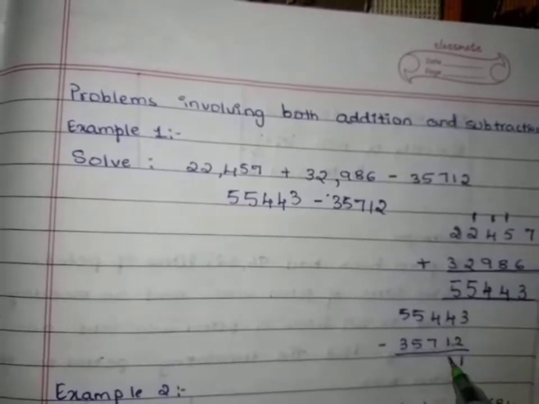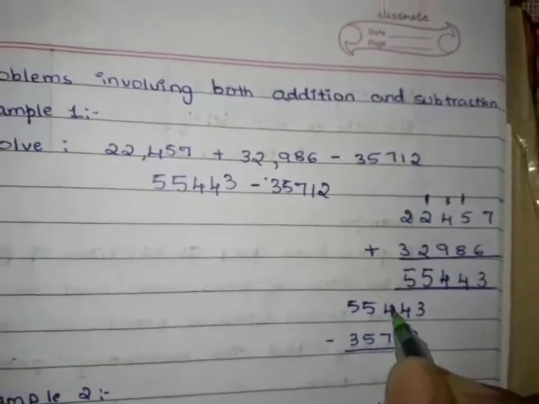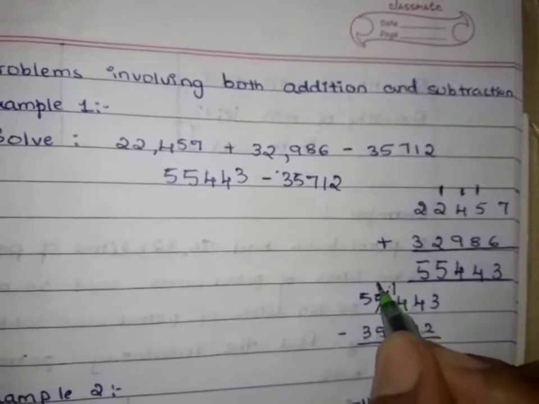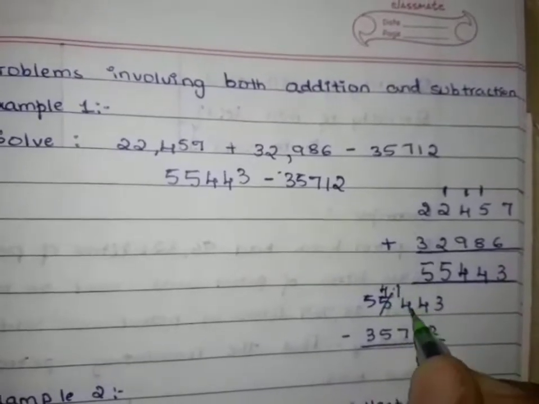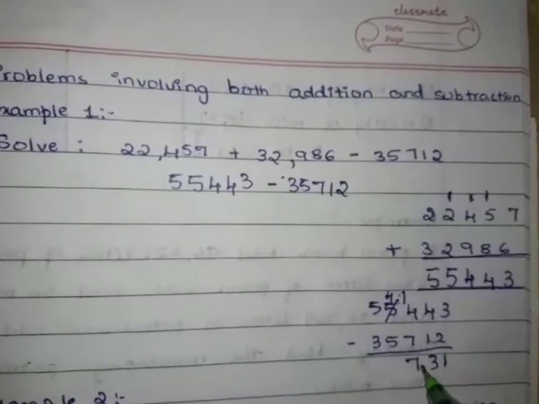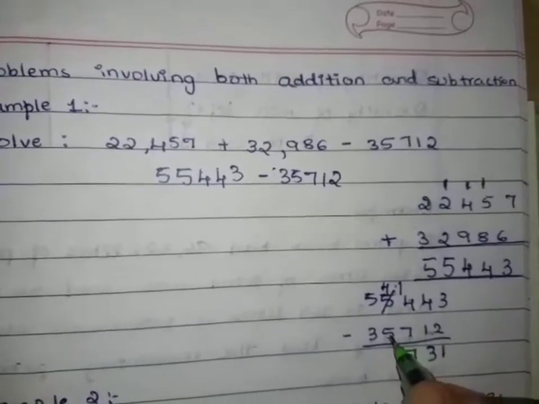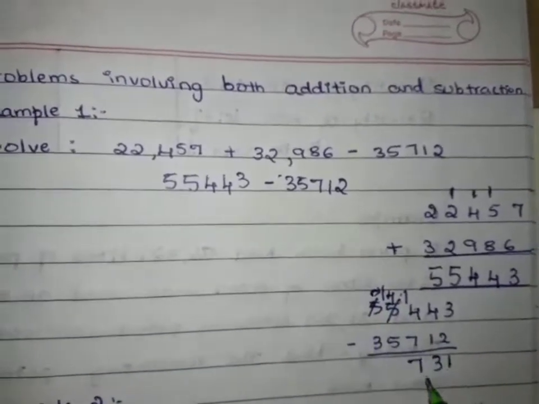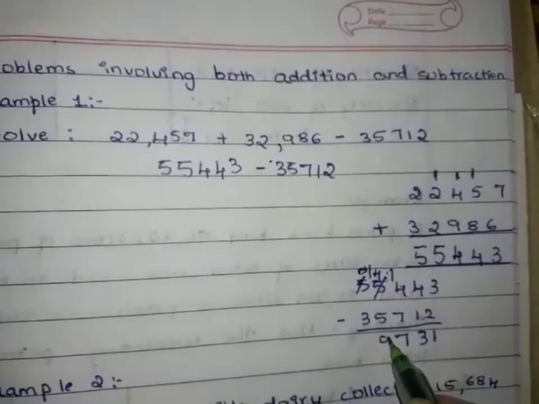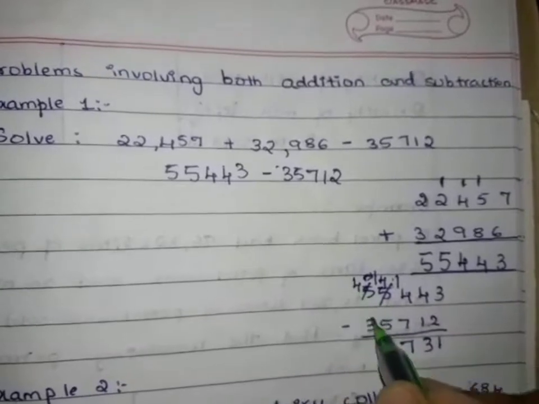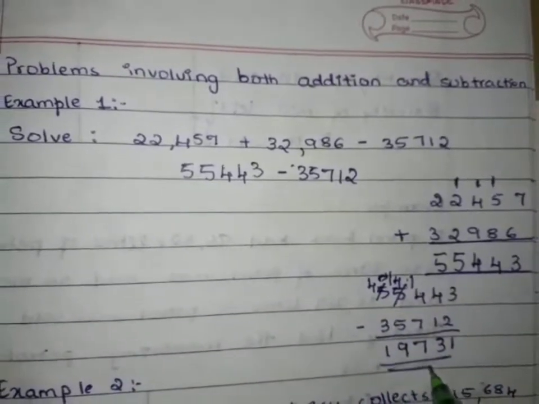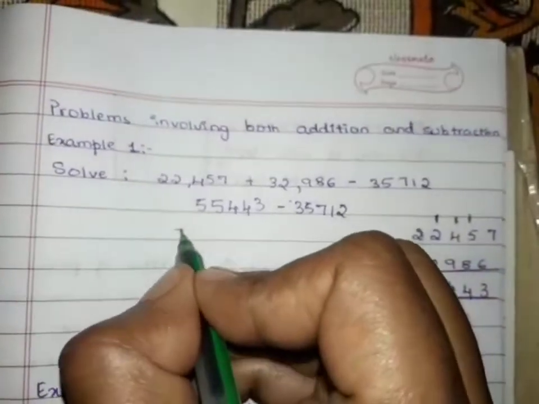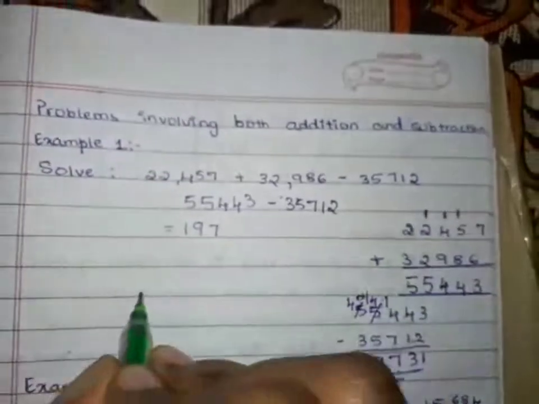The answer we get will be 3 minus 2 is 1. 4 minus 1 is 3. Here we have 4 minus 7. 4 is smaller compared to 7, so we can't subtract it. Let us borrow 1. So it will be 14 here, and here this will become 4. So 14 minus 7 will be 7, and 4 and 5. Again, 4 is smaller compared to 5, so we can't subtract. Let us borrow 1 from here. So it will be 14 minus 5. 14 minus 5 is 9. Okay, here we get 4. So 4 minus 3 is 1. So this will be our answer, that is 19,731.